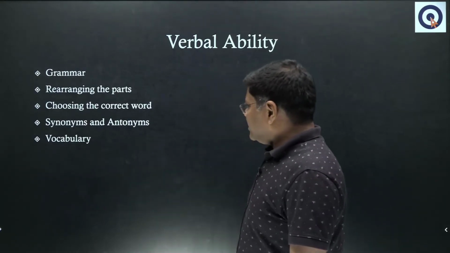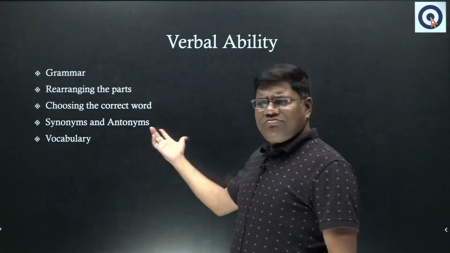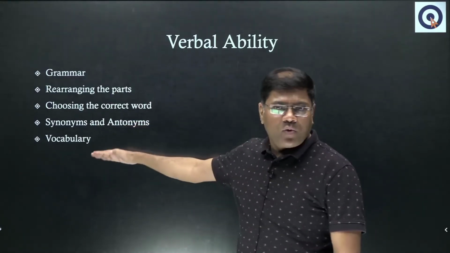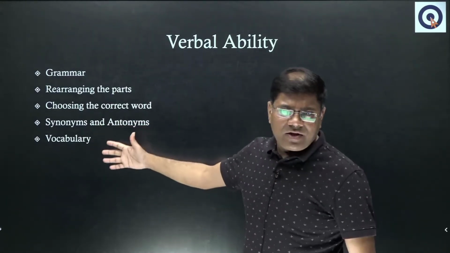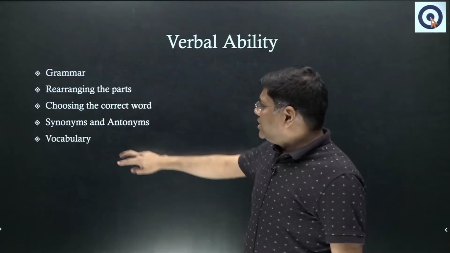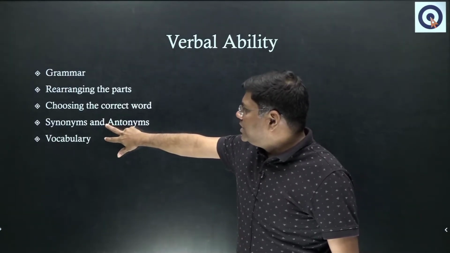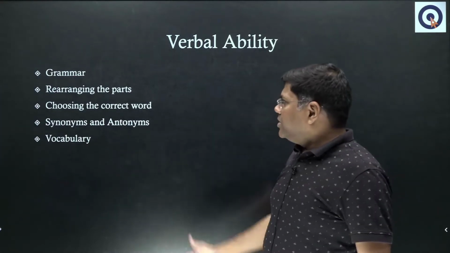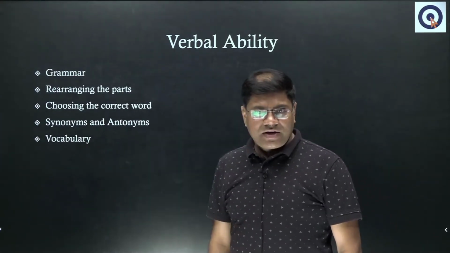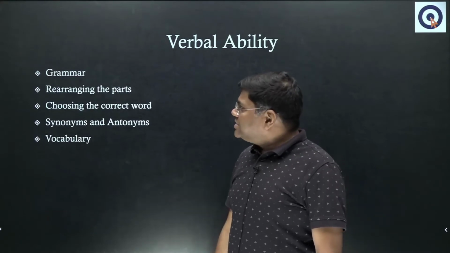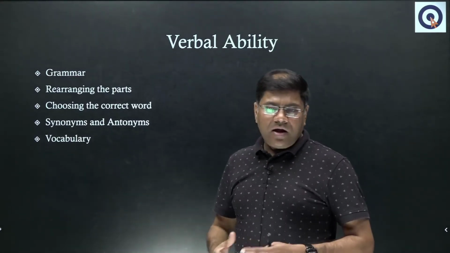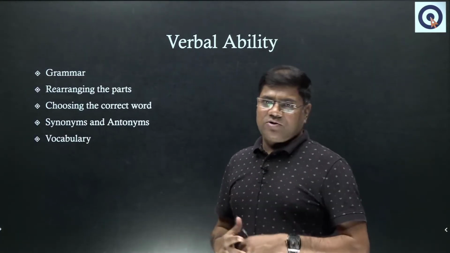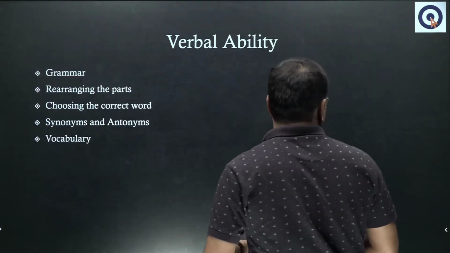Now, if you look at synonyms and antonyms, it is generally a part of vocabulary. I mean, you can't separate synonyms and antonyms from vocabulary. They are almost the same thing. There is a great deal of overlap. So you can club these two as one category, and within vocabulary, you might have some other varieties as well. But these are the five different topics that they have suggested. And let's see how these topics are and what are the different things that must be done within these topics, right? So let's go ahead.